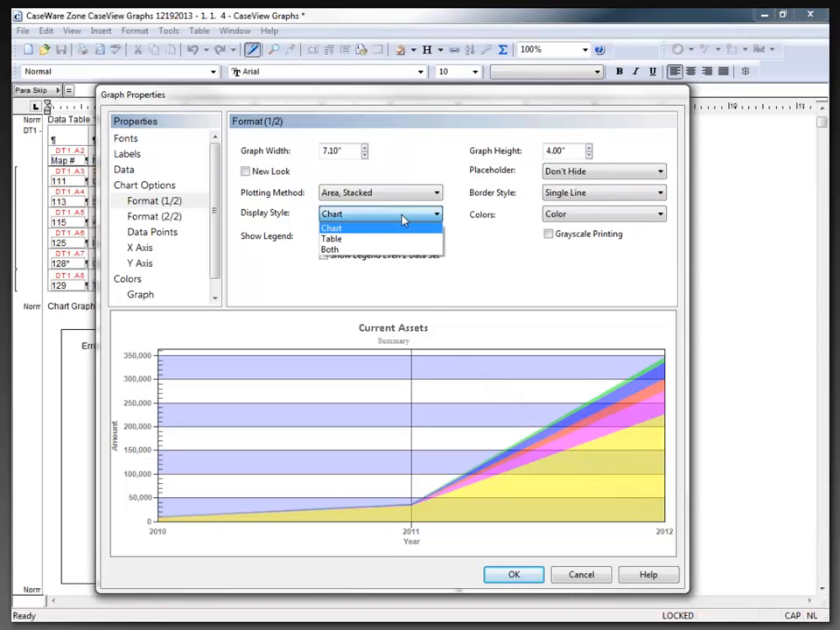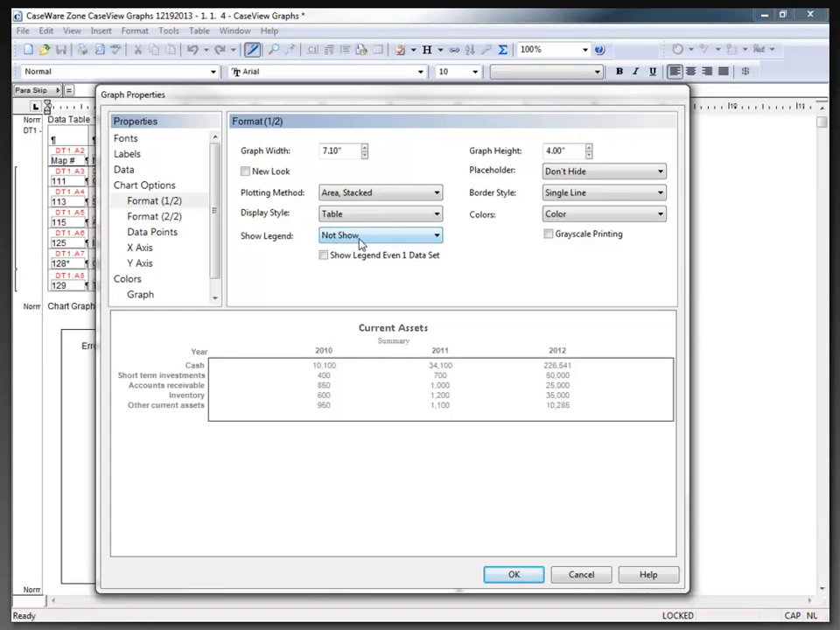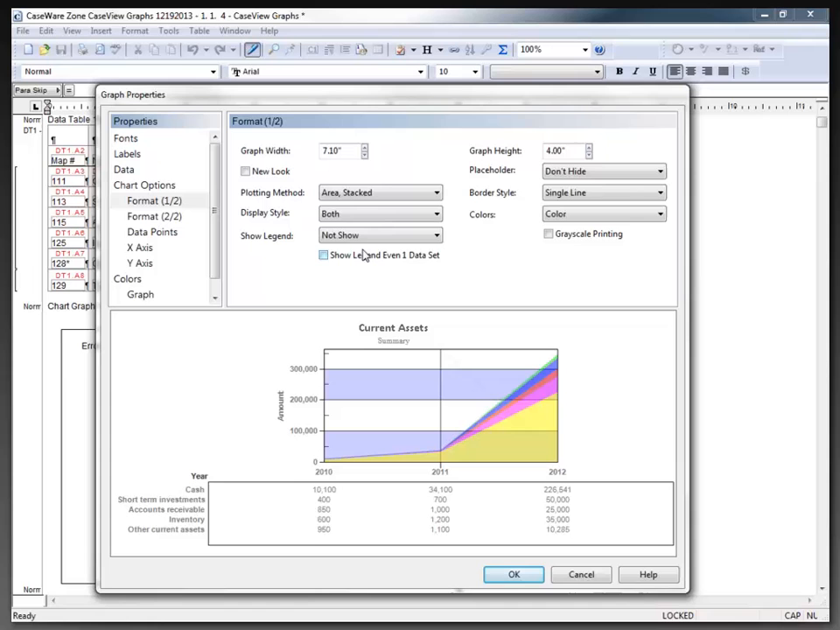My display style is available only again when the new look option is not checked and provides options to display the chart as we see in the preview. Table, and note how the preview changes. So let me just go chart, is what we have there, table, and we only have the table, or I can choose both. And again, the preview refreshes to display what will appear when I click OK. Now I already have my data table at the top, so I'm going to just display my chart in this